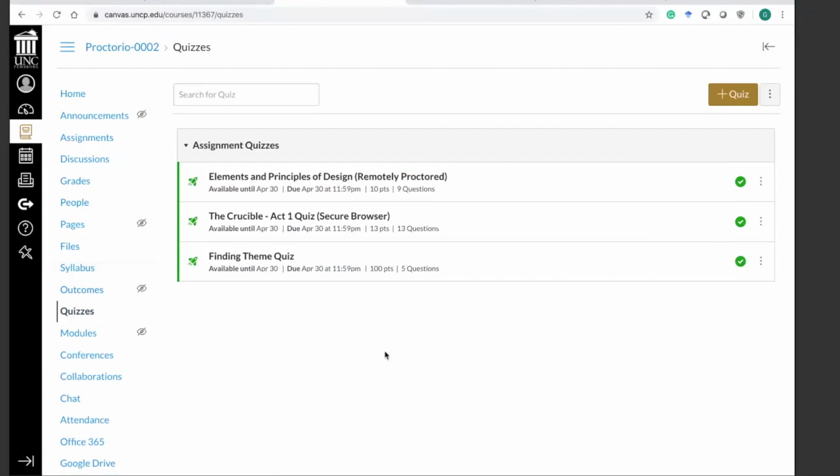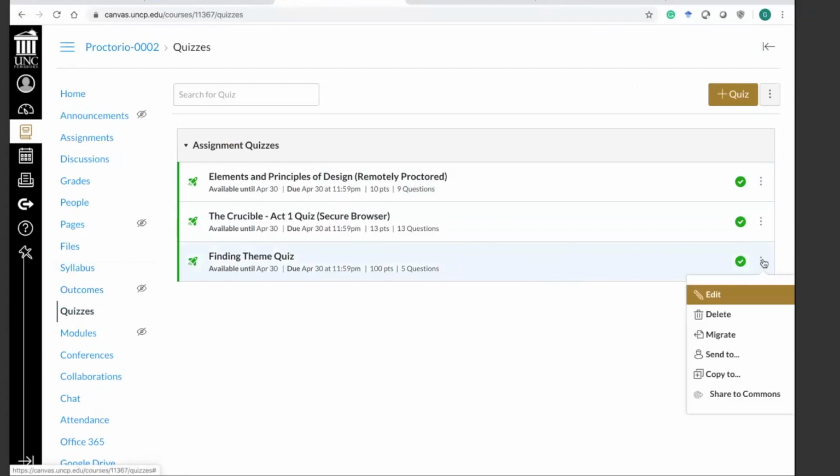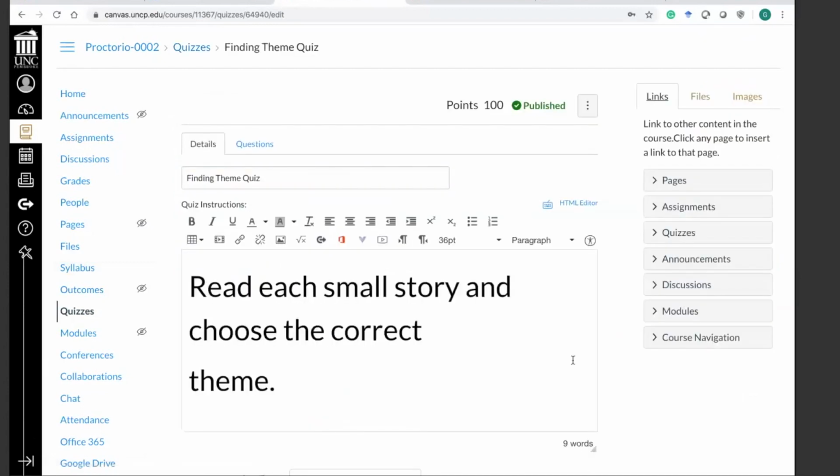So if I go here and pay specific attention to remotely proctored and secure browser, and notice I have nothing like that here on this finding theme quiz. So we're going to enable Proctorio on this finding theme quiz. I'll go over here to the three dots, click on that, I hit edit. Give it a minute, let it load. Okay. And now that I'm in edit, all I have to do is